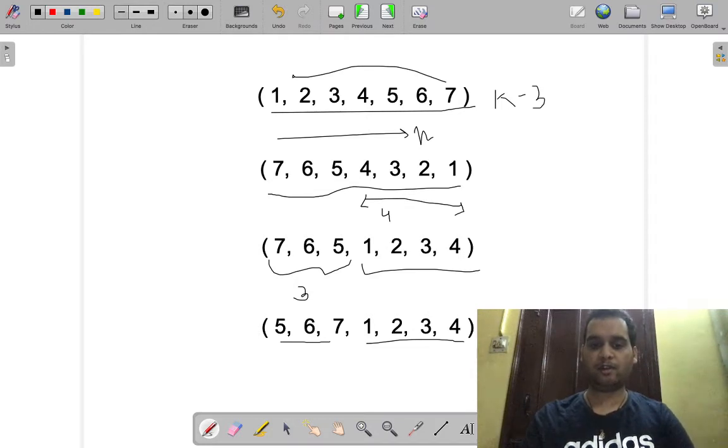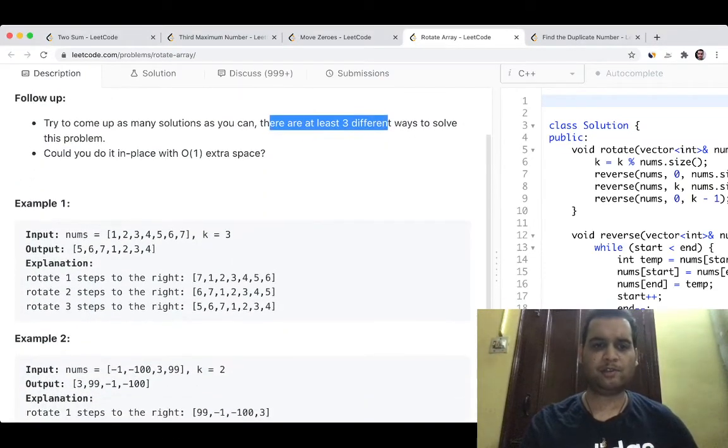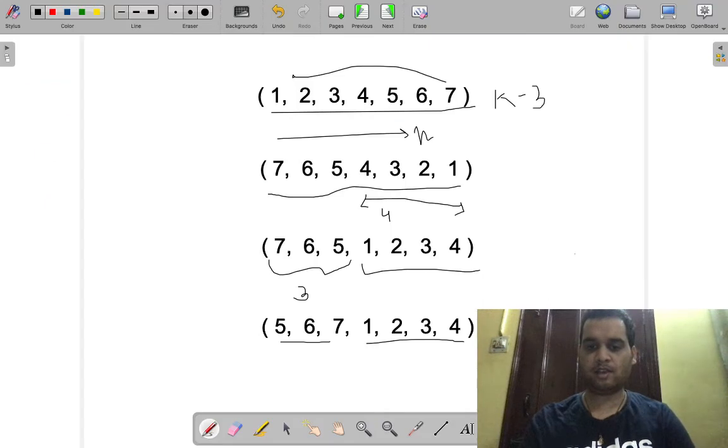If we look at the sample use case given to us, 1 2 3 4 5 6 7, if k equals 3, 5 6 7 1 2 3 4 should be the output. This is what we have achieved using our logic here.